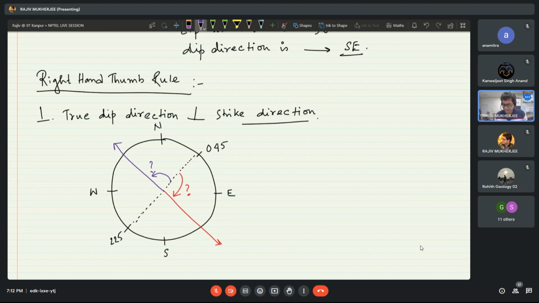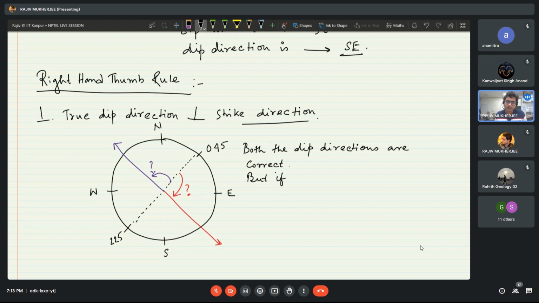The convention is the right hand thumb rule, applied if nothing is mentioned. So in a way, both the dip directions are correct. Mathematically both are correct, but